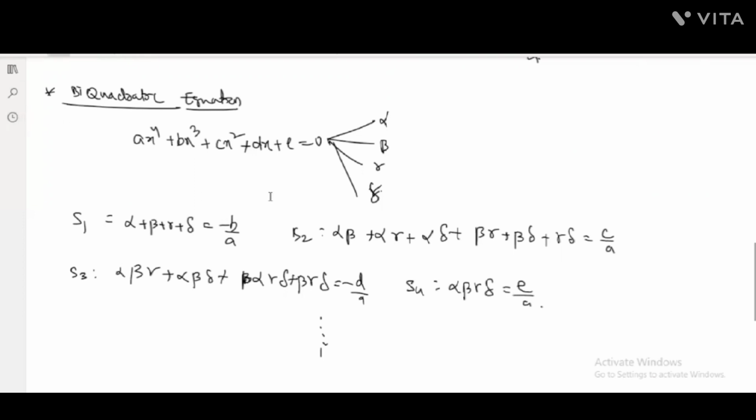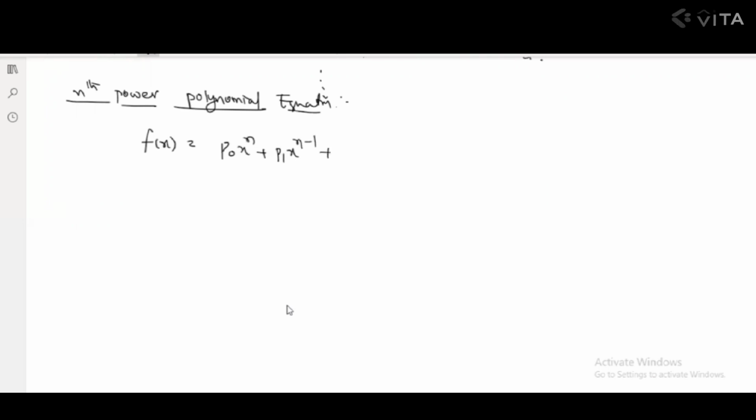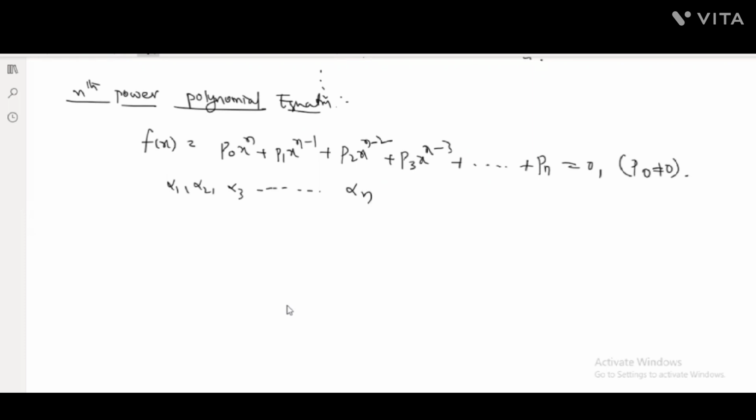If you look at nth power, what is the nth power polynomial equation here? Some f of x is equal to p naught x power n plus p1 x power n minus 1 plus p2 x power n minus 2 plus p3 x power n minus 3 plus so on, plus pn, a constant, which is equal to 0 provided p naught is not equal to 0. So if I assume alpha 1, alpha 2, alpha 3 and so on, alpha n are the roots of this, then we will get